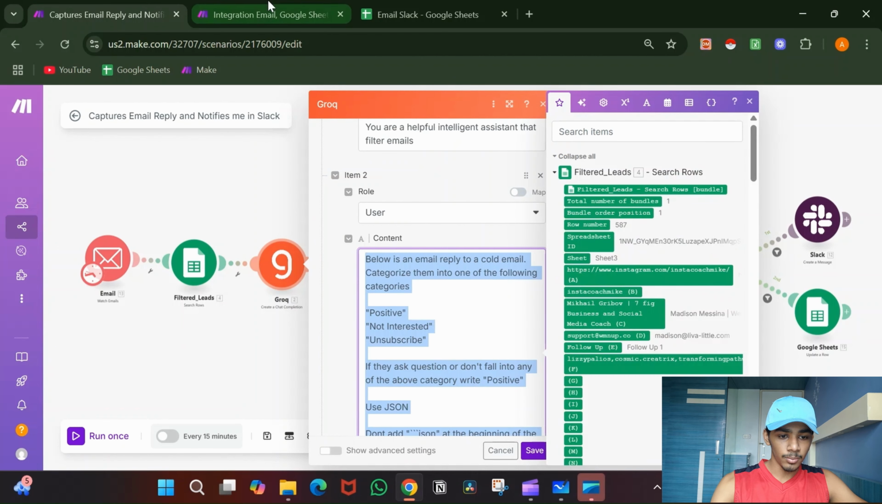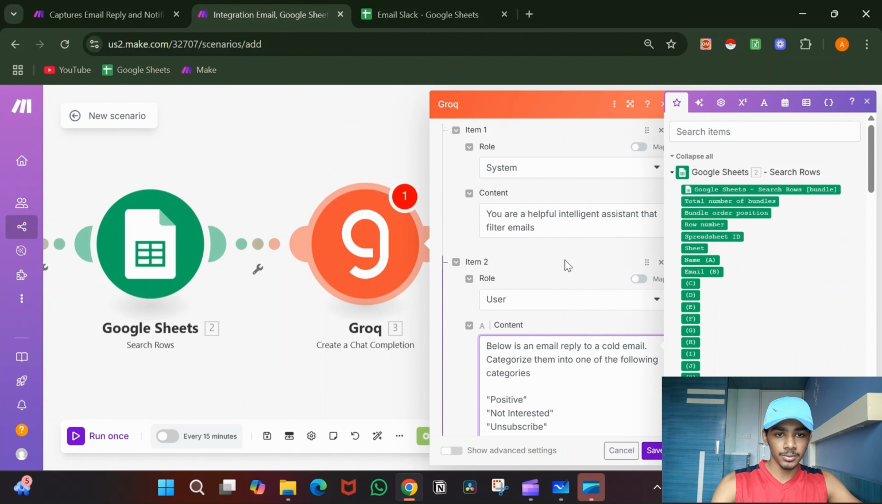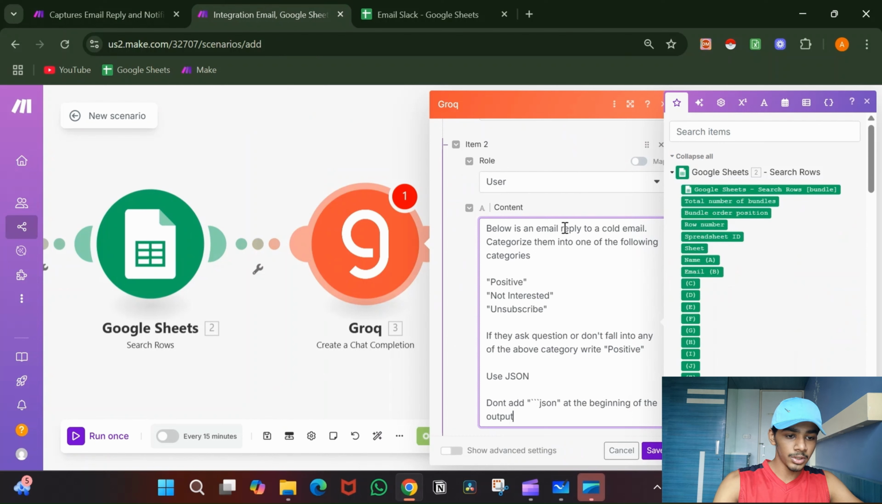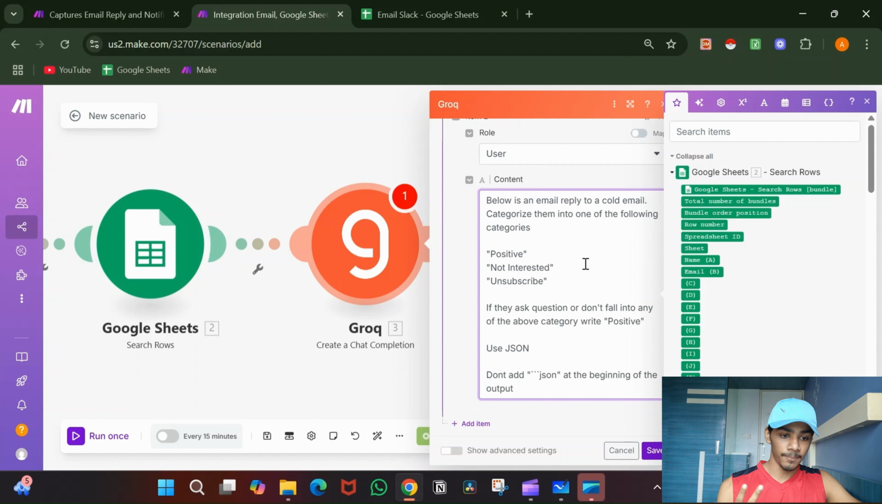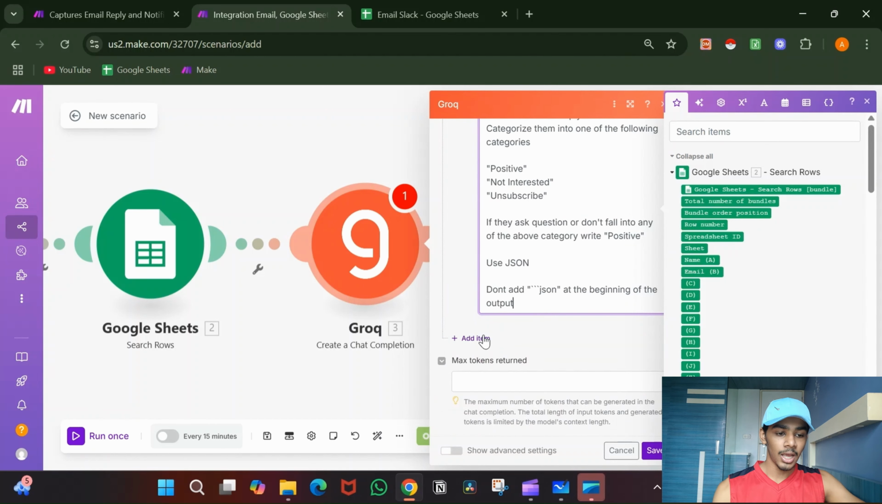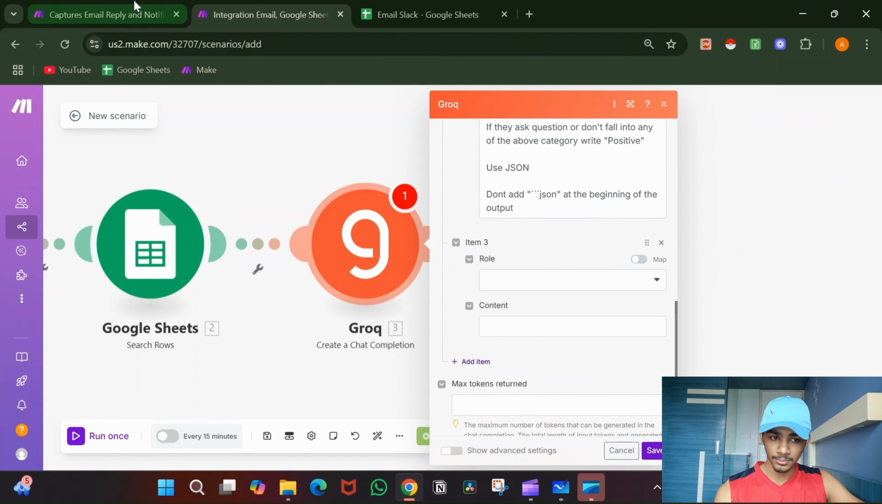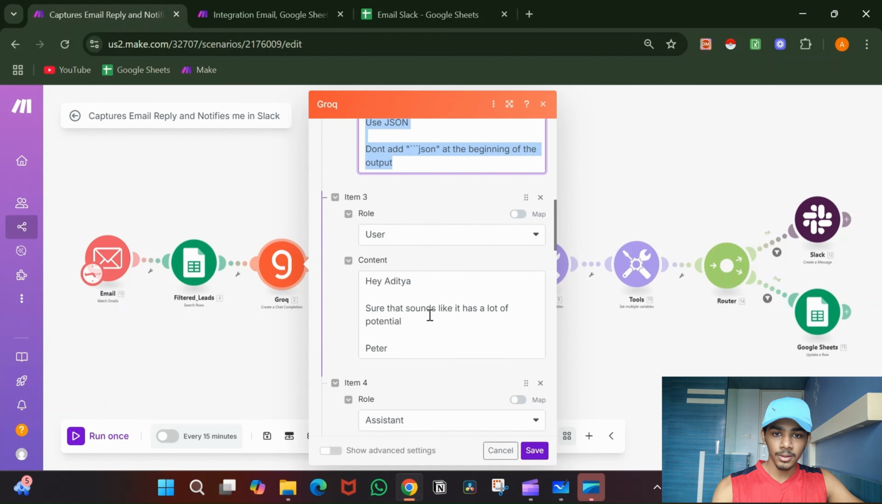Now inside of the user prompt, we'll add this, which is: below is an email reply to a cold email. So I sent a cold email and you will find a reply to that cold email. Categorize them into one of the following categories: positive, not interested, or unsubscribe. If they ask questions or don't fall into any of the above categories, write positive. Use JSON. Don't add JSON at the beginning of the output. Okay, then